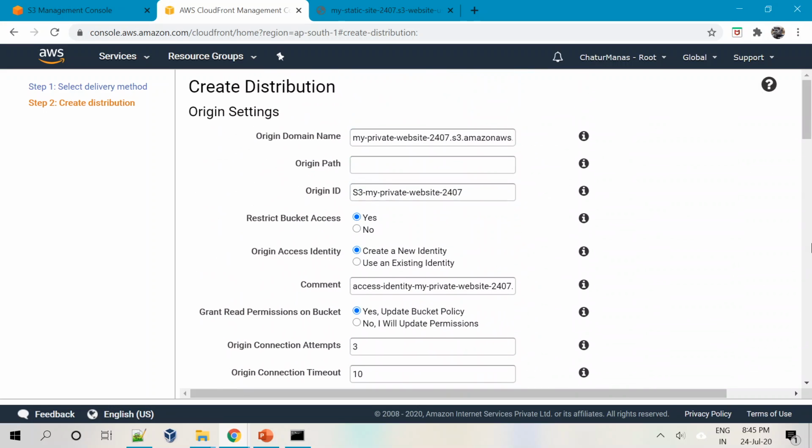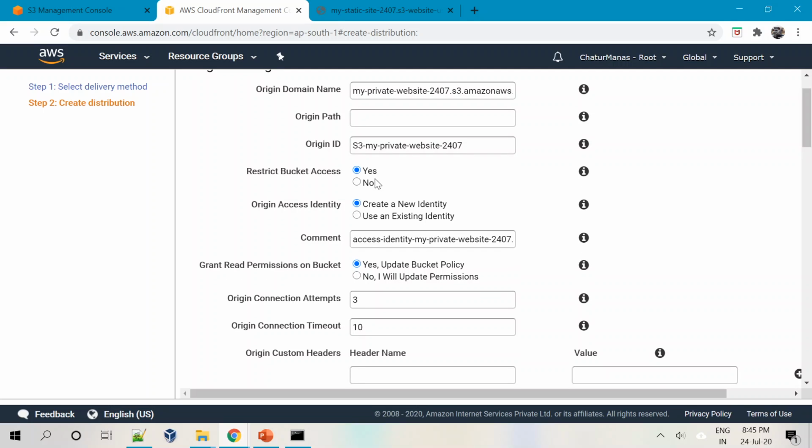So let me tell the settings again. We chose the bucket where our website is hosted, which is currently private in nature. We did not make anything public. Then the origin ID, it picked up by itself. We chose restrict bucket access. Yes, we have restricted the access to that bucket. Then we said origin access identity.